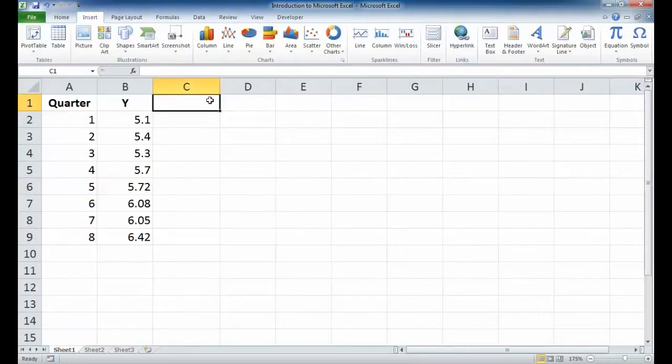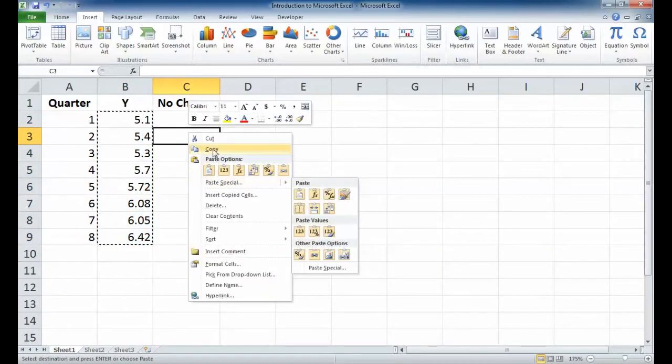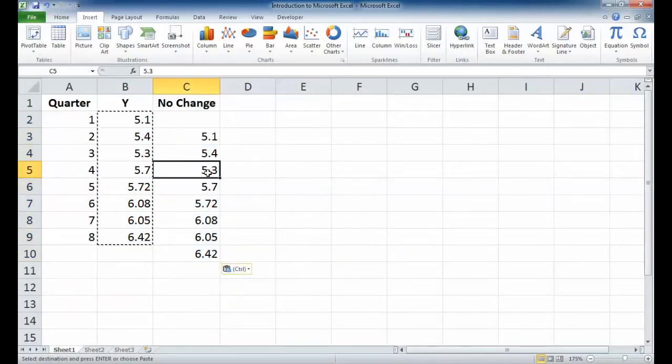Now that we've got our data, we're going to start working with it and implementing our no change forecast model. So let's just start by typing in our no change title over here. Then we're going to start putting in the data. There's two ways we could do this. We can either just copy the data and then paste it, but we don't really like that. That's inflexible, and if we want to change these numbers over here, these ones won't change. So we're going to use